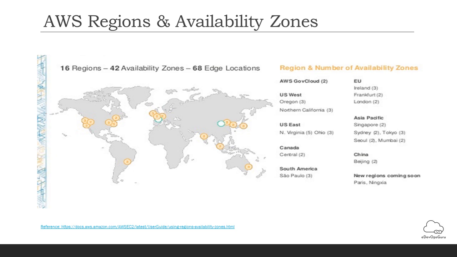And in Mumbai, they have one region which contains two availability zones. Similarly, there are certain new regions coming up, one in Paris and some others, as we discussed in the previous slide. So there are 68 edge locations. Edge locations, as we discussed earlier, are the near shore